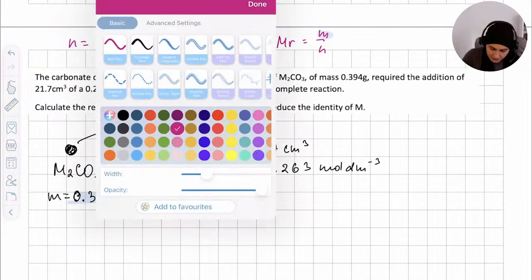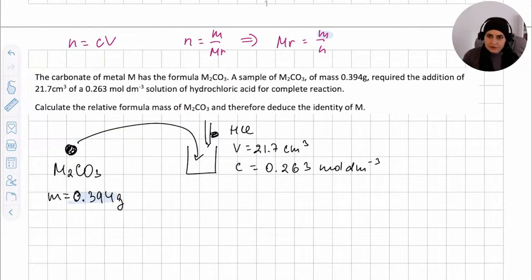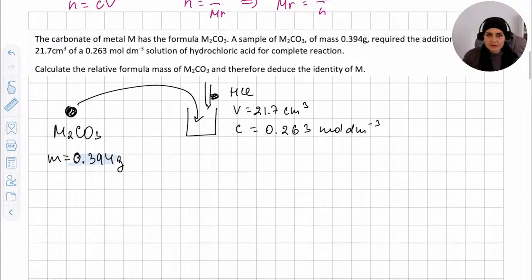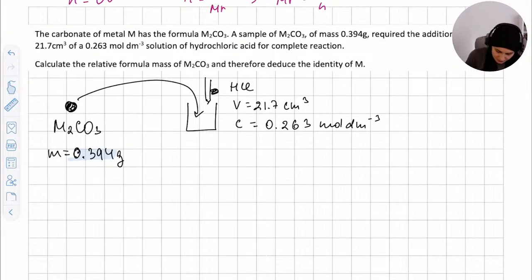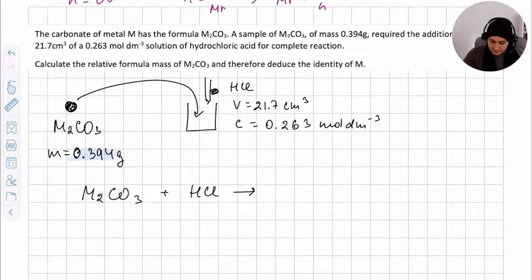So what is missing for the titration? We are missing the equation. We know that M2CO3 is reacting with HCl. That's what's happening in the titration. When HCl is added to M2CO3, they react. This is a metal carbonate with HCl. Again, this is kind of MYP or GCSE knowledge. When metal carbonates react with HCl, you form a chloride of that metal. So you would form